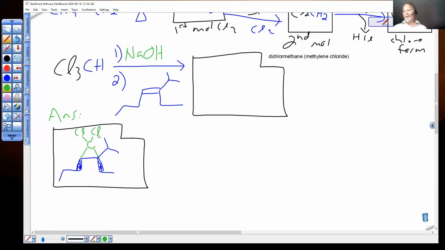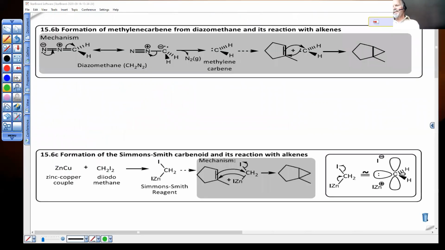And now we're going to look at some other carbenes, some that give us the more useful cyclopropane without any halogens on it, but very low yields. And then we'll show a slight improvement on that. And this is our last thing in chapter 15 before our next break. And here it is. We're going to make methylene carbene from diazomethane. I believe this is our first time we've seen